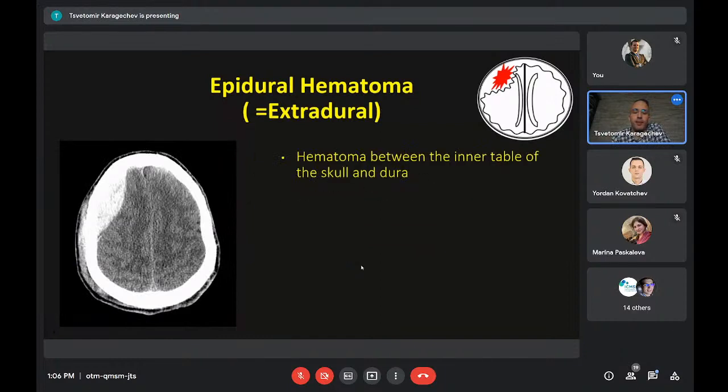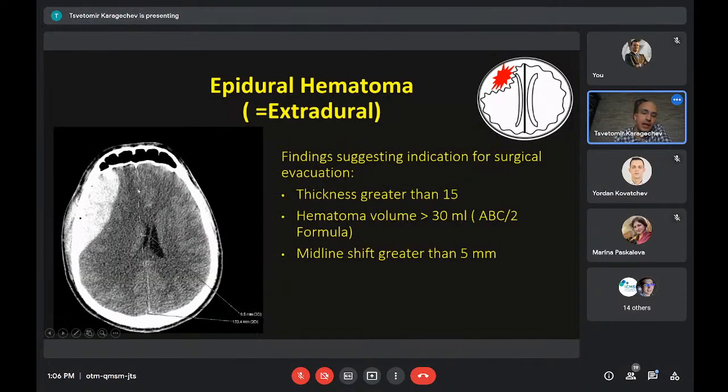And again, I want to show you something else. If you look extra carefully on this side, we talk about assessing symmetry and asymmetry. You can see this hyperdensity outside of the skull. This is actually a hematoma, a scalp hematoma or subgaleal hematoma, if you want to sound fancy. I just want to point out, especially in the setting of trauma, look at the soft tissues of the head, not only the skull, not only the brain. Look at the head. That is why it's called head CT after all.